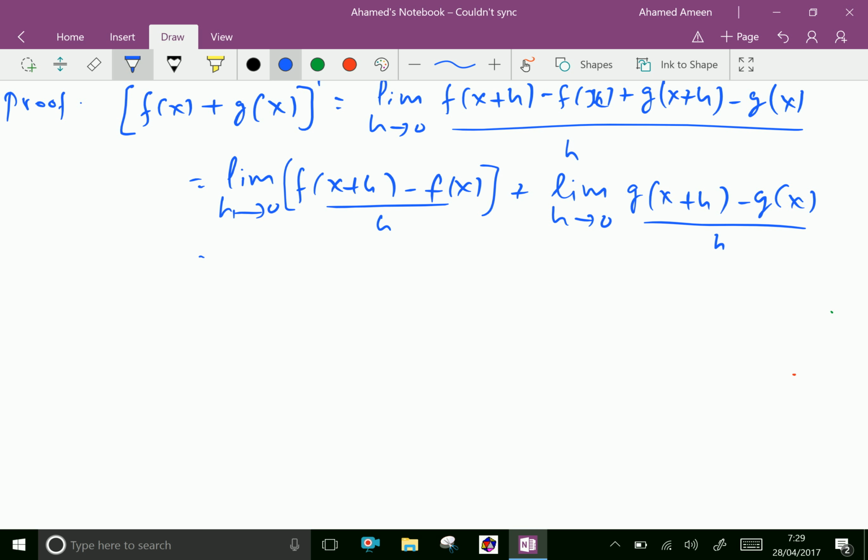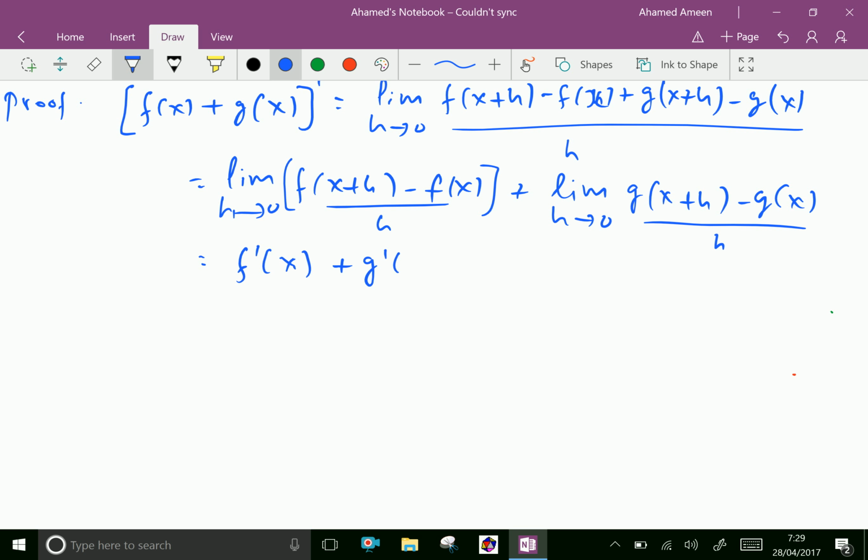By definition of first principle, limit h tends to 0 of f of x plus h minus f of x over h gives f dash of x, that is derivative of the first function, plus limit h tends to 0 of g of x plus h minus g of x over h is